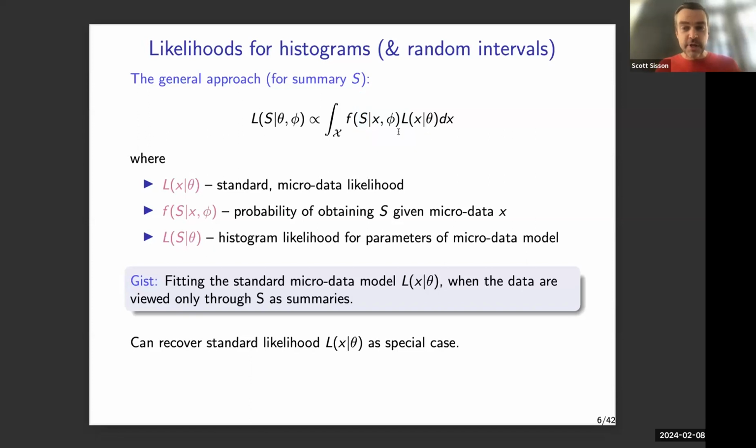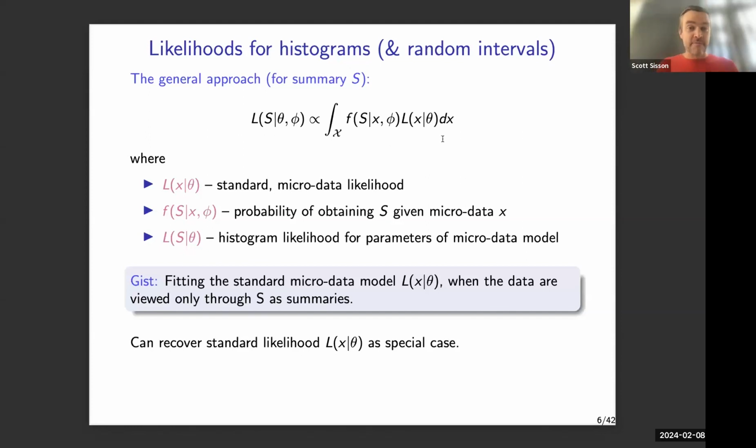These two terms here just correspond to the process of, under our model that we want to fit, generating the histogram. Now, why have I got an integration here over x? X is the data. Well, if I observe a histogram and put my observed histogram in here, it's not too difficult to appreciate that there are an infinite number of micro data, classical data sets that will give you the same histogram. So if we want to ask what is the probability of generating a histogram that we observe, we have to integrate over all these possible classical data sets that would give us this, and add them up. Basically, that's what's going on here.